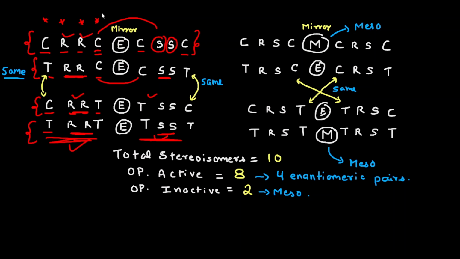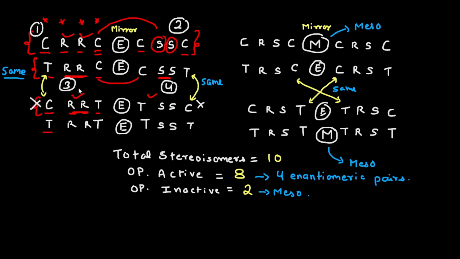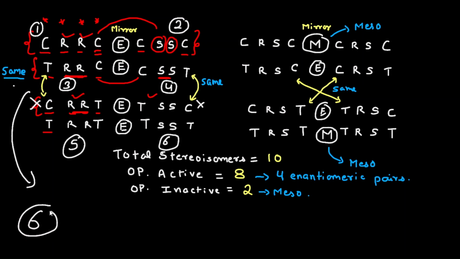So in this figure, how many stereoisomers have you come across? Let us count, then we will proceed further. Here you have taken this as possibility 1. This is another possibility 2, because these two are mirror images, non-superimposable. This is the third possibility. I am taking all different. This is the fourth possibility. I will not count these two because we have already taken the third and fourth. Now, this is the fifth possibility and this is the sixth possibility. So from this column, we have got six stereoisomers.